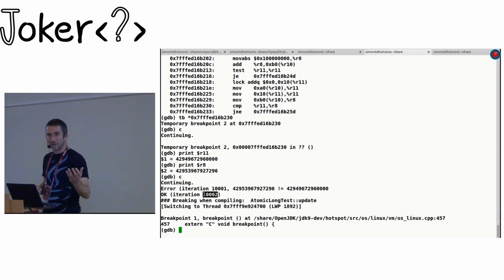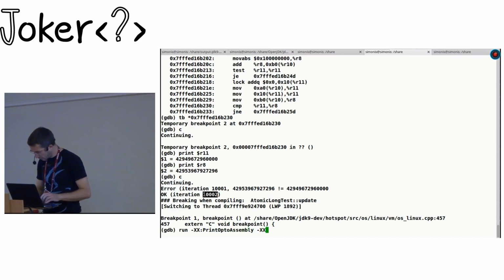So we have now seen the assembly of the generated code, but you have no idea why HotSpot made this error. So there is another nice option, called print opto assembly, which gives the opto assembly, like HotSpot's view of the code it wants to generate. And if you run it, -XX:+PrintOptoAssembly